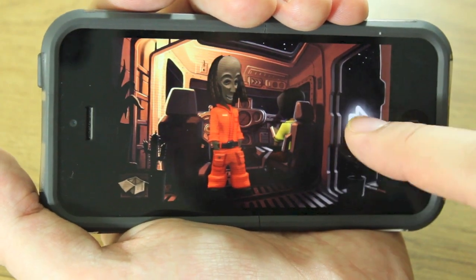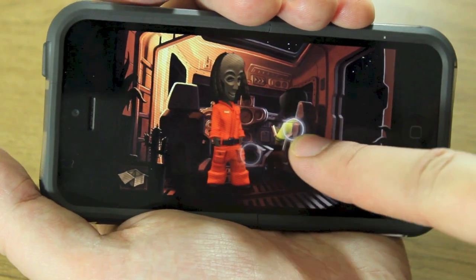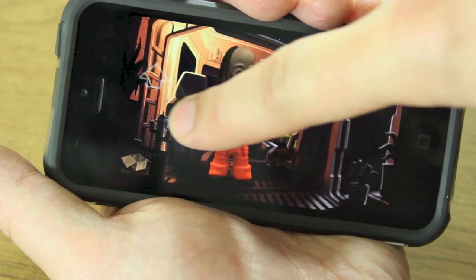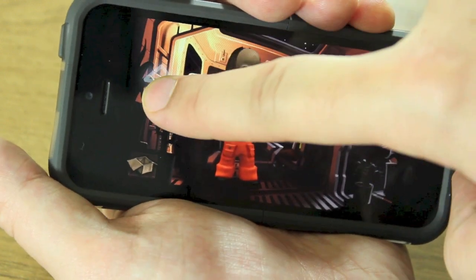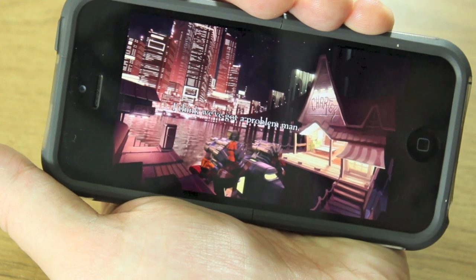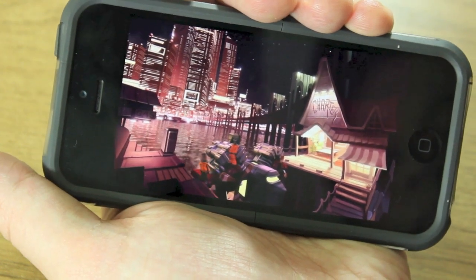And obviously you walk around, you hold your finger, and as you move your finger around, you can see all the different objects that you can interact with. You can see them on there. Now where the arrows are is where you can move to a different area. One thing I really loved about this game is